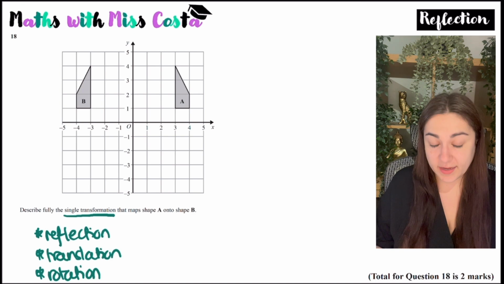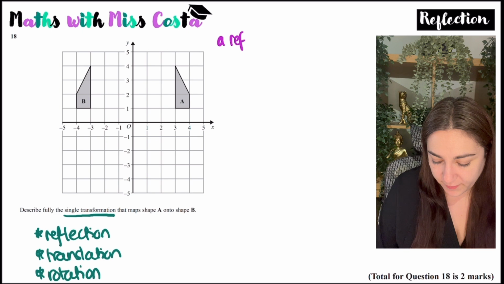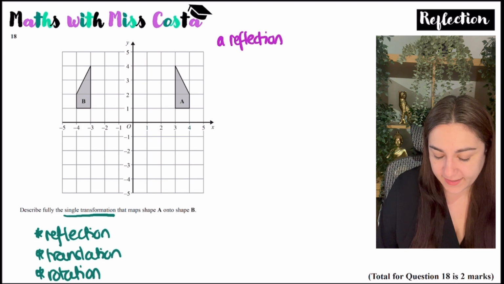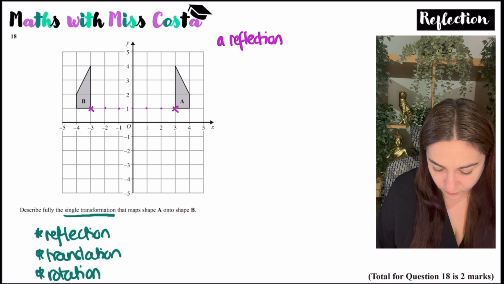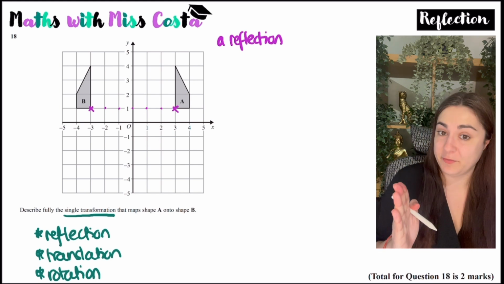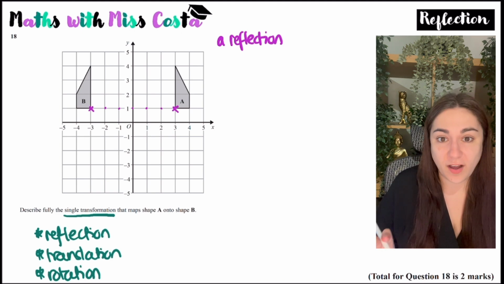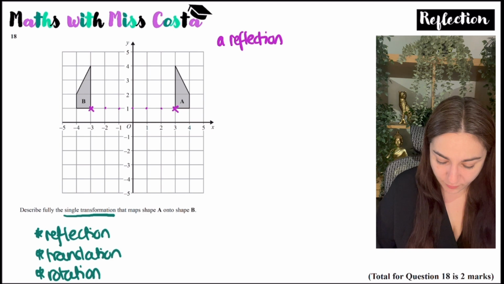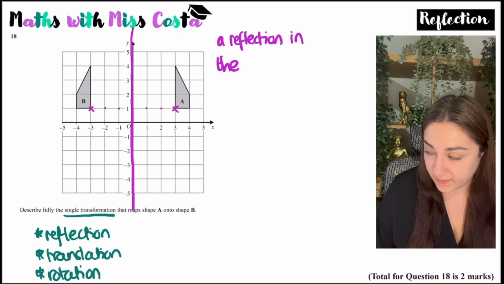And when it's asking you to describe the transformation fully, you'd say it's a reflection, and then we need to find the line of reflection. So let's look at the distance between the 2 points. So we've got 1, 2, 3, 4, 5, 6. So the line of reflection, or the line of symmetry, is the halfway point. So halfway between these 2 points is 3 coordinates across. So that must mean it's a reflection in the